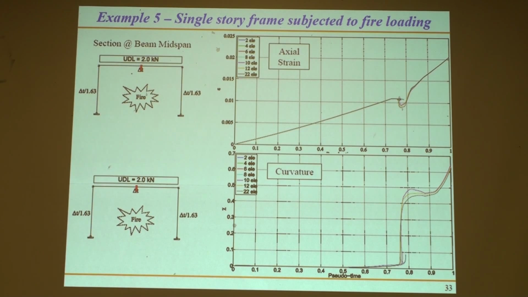I'll just skip these, and here it's important to note that very locally you don't get exactly the same response, even as you increase the number of elements. But now, if you use 22 elements in both the columns and the beams, you're really concentrating your nonlinearities in 2 or 3 very specific parts of the structure, and so that's where you may have